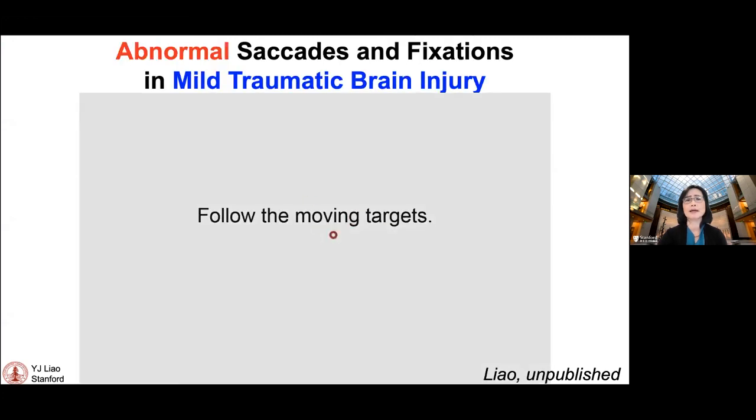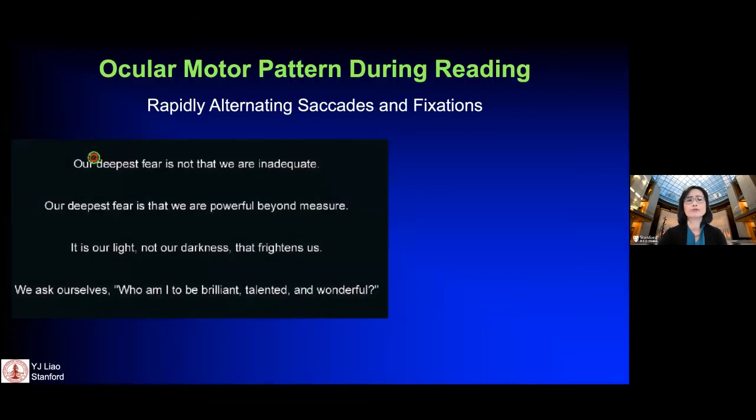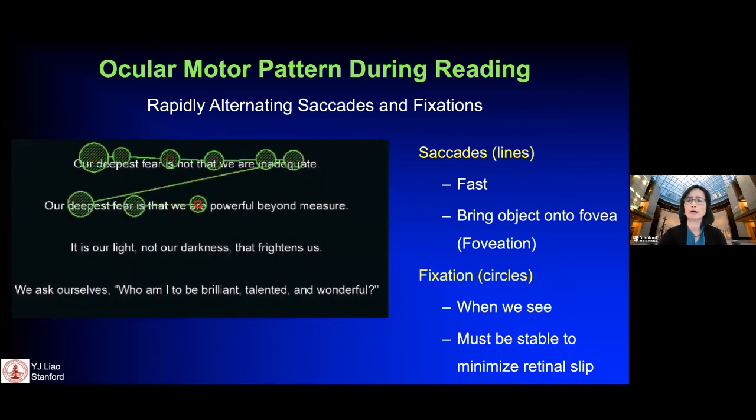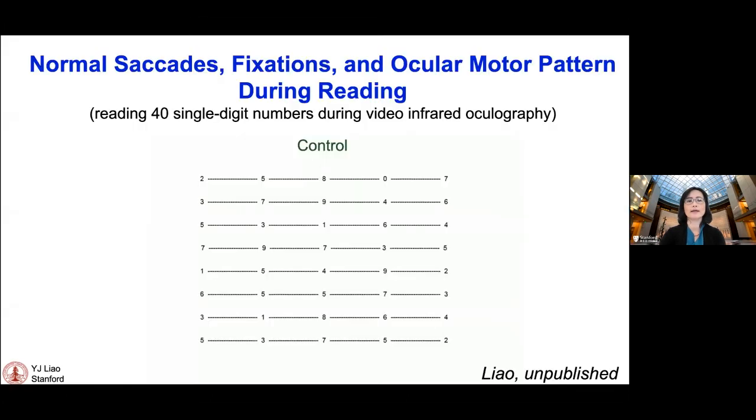And here's a man with traumatic brain injury. You could see the fixations all over the place. And the saccades are mostly good amplitude and velocity, but a little bit off certainly. And so when we read, we use alternating saccade and fixational movements in order to be able to perform these tasks rapidly. And so when we look at the world in this way, you can assess it using a predictable